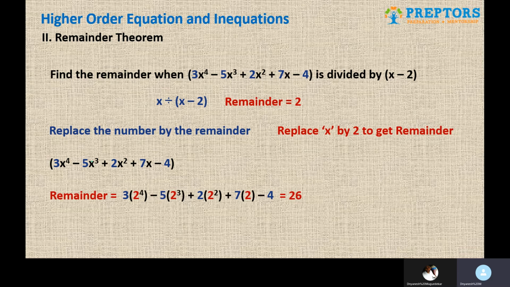But if you don't want to do that, because usually the examiner will ask you what is the remainder, for that you don't need the quotient, you don't need the synthetic division. But in this particular substitution method, calculation is the key part. You should not make a mistake here, otherwise you will get the wrong answer. So doing the same calculation, in place of x, when you substitute x is equal to 2, you get the same remainder, which is 26 that we got in the previous approach as well. So these are the two methods. You decide what is more convenient to you and accordingly proceed.